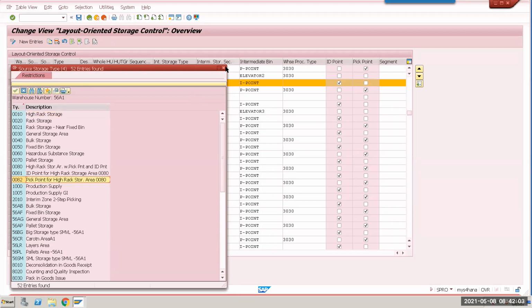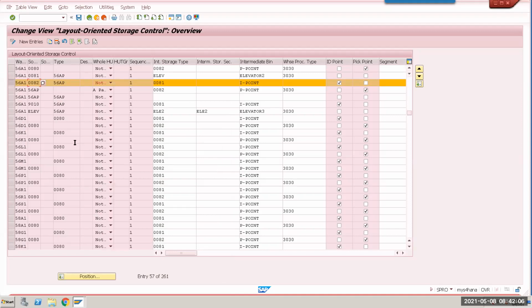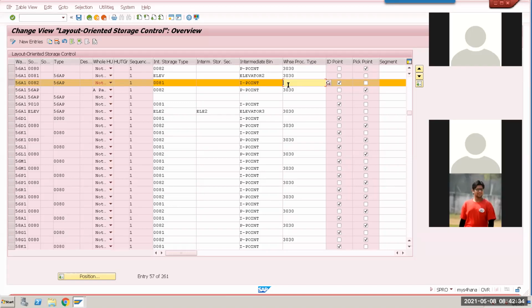The only thing I can say is that there is no WPT that you have maintained. Which warehouse task type should be contained, meaning by using which WPT? No, for ID point it is not required. But sir, in the normal case from the GR zone, 1010 is getting triggered, right? Now it is an entry movement. So you mean to say the warehouse task is missing in that case, right? He is right, because normally for the putaway, the initial was 1010, you remember? That is why ID point was working. Probably, yes. The warehouse task type is not getting determined in this case because it is an entry movement.